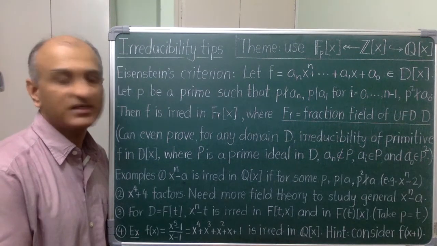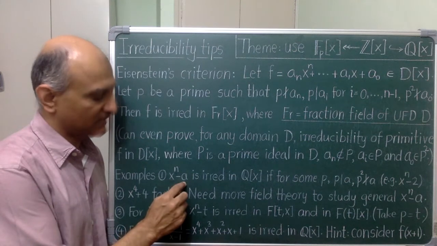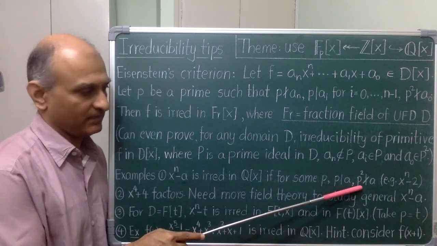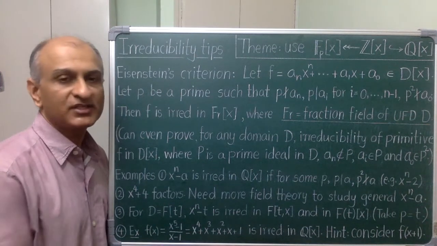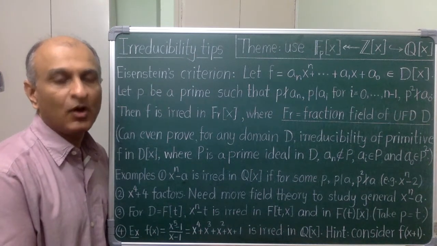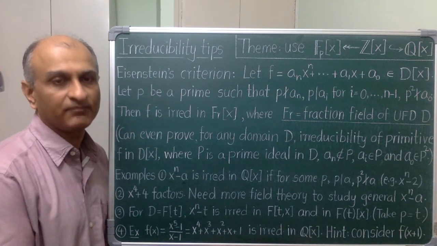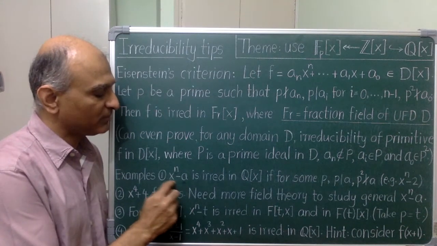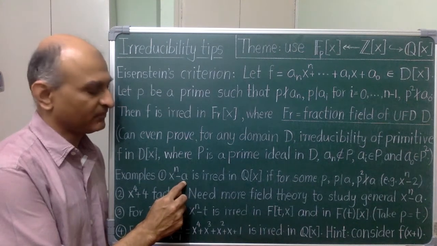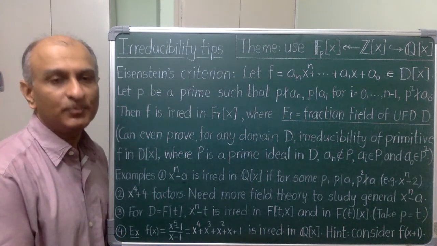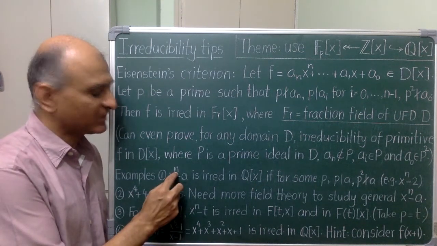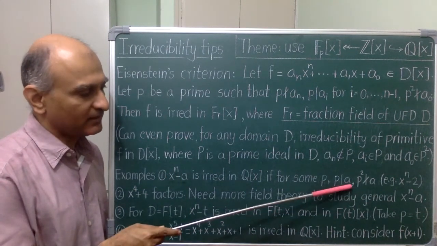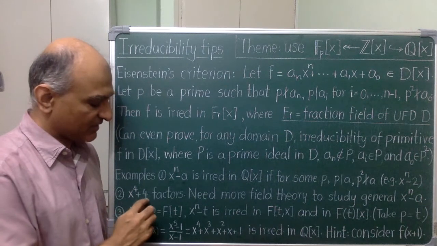The test works for x to the n minus a if I can find a suitable prime for the integer a. In particular, it works when a itself is a prime or even a square-free integer. Remember, we asserted irreducibility of polynomials of this kind more than once, but until now we were unable to prove it for exponents greater than 3. When this condition is not met, here is a counterexample.